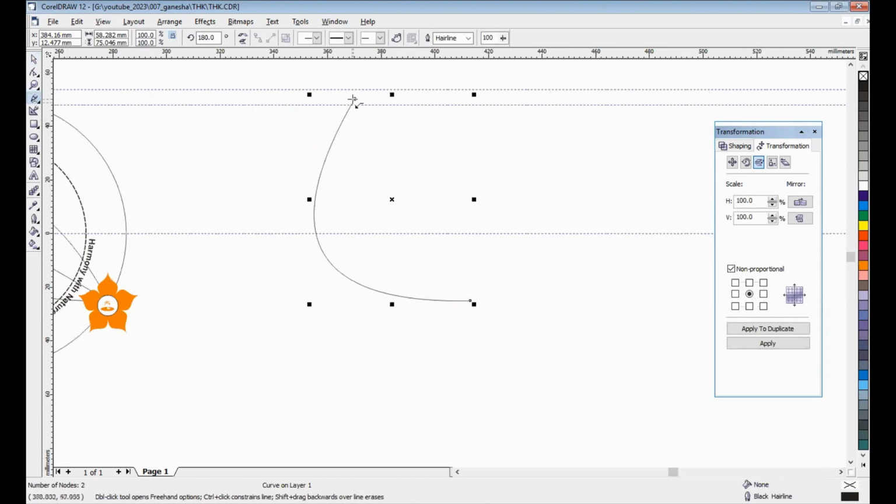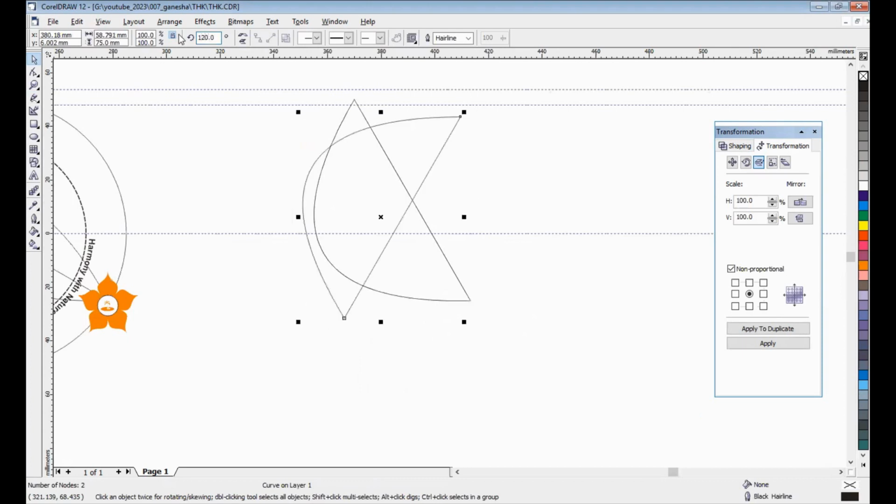Let's see. I use the freehand tool to join this object. Now I will try to copy and paste, and then change the degree like this.